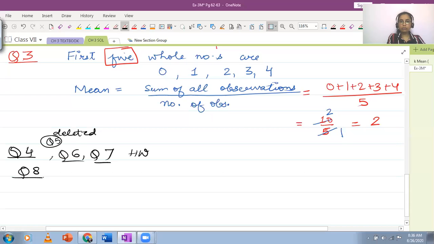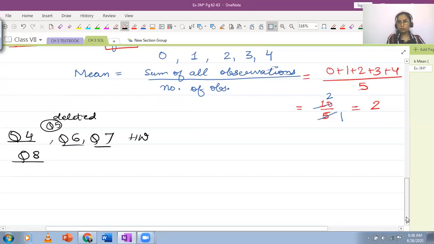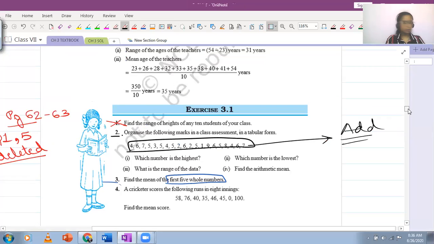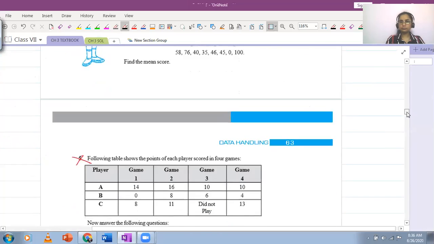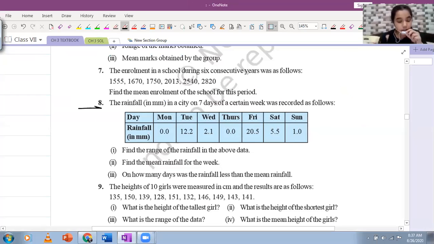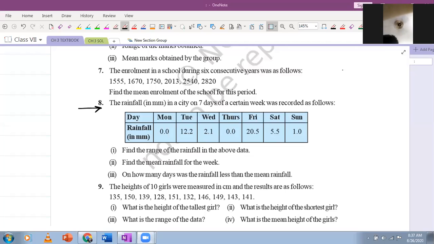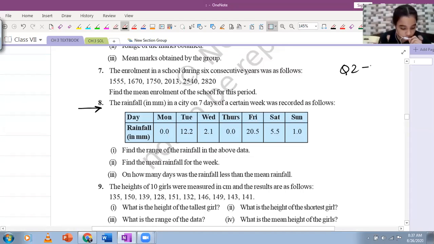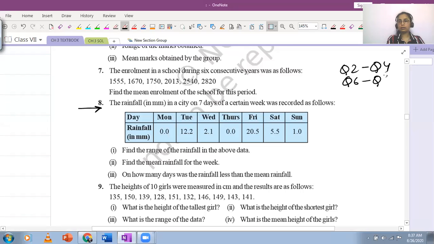Now we are going to move to question number 8. Let's look at question number 8 here. Question number 8 is a table in the book which gives you the rainfall in a city. Excuse me, ma'am, in the syllabus that you have sent, for exercise 3.1 it is written 2, 4 and 6 and 9 not, no, questions. It's written 2 to 4, dear, like this. This means from 2 to this one. There is no comma, dear.